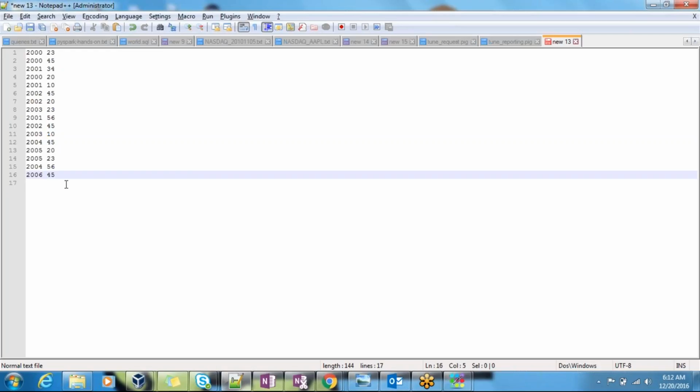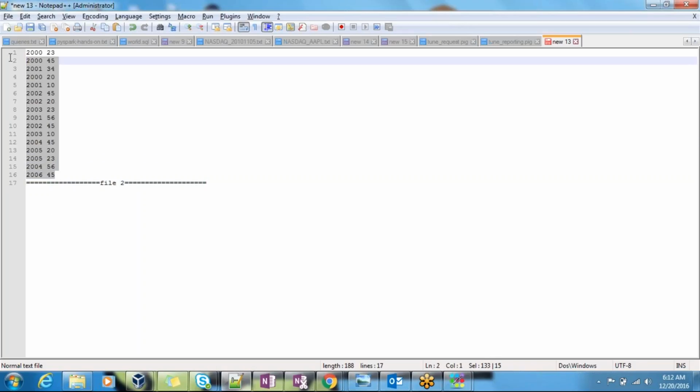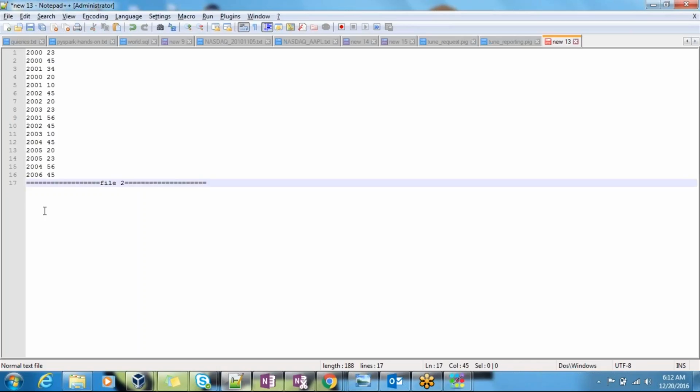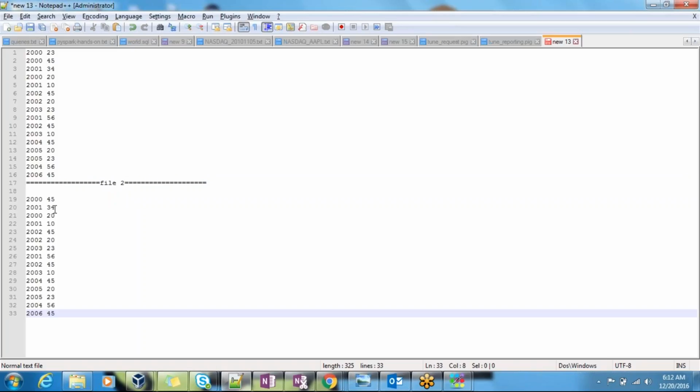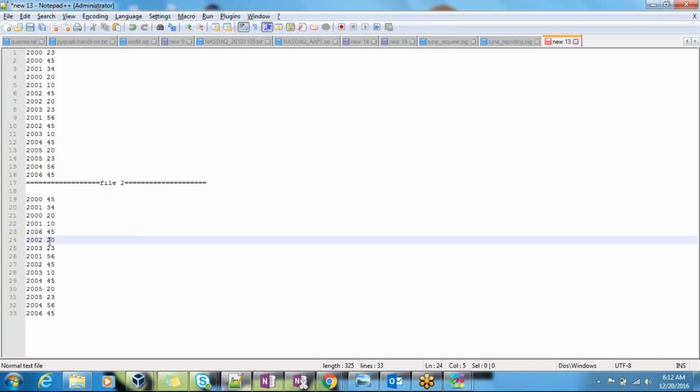Okay, I have it like this. Let's assume that this is file 1, and this is file 2. I'm randomly changing some values, it's nothing special.